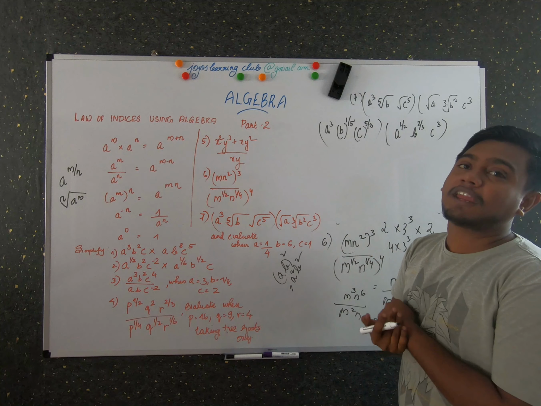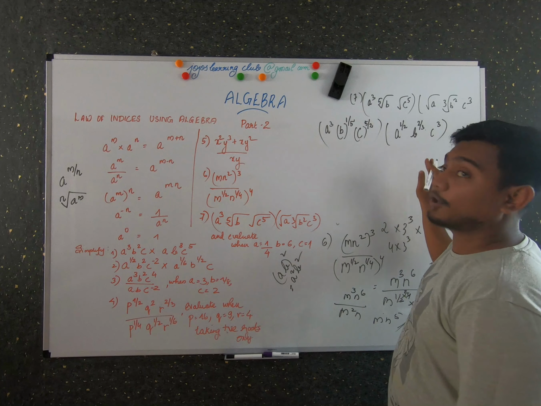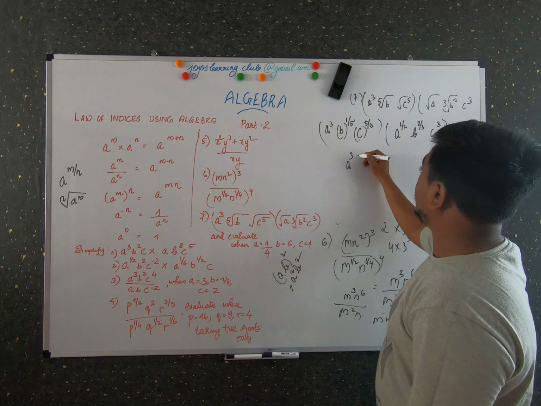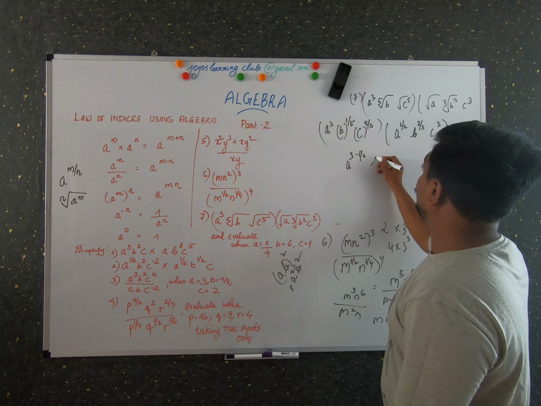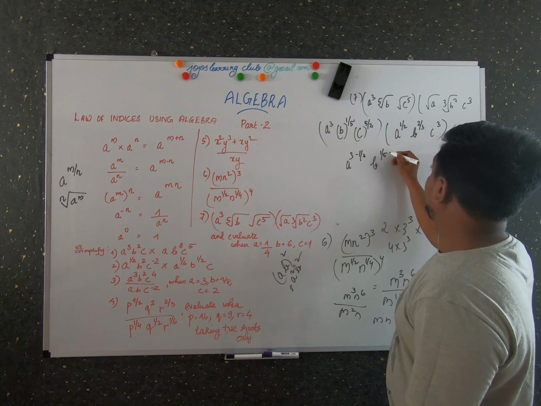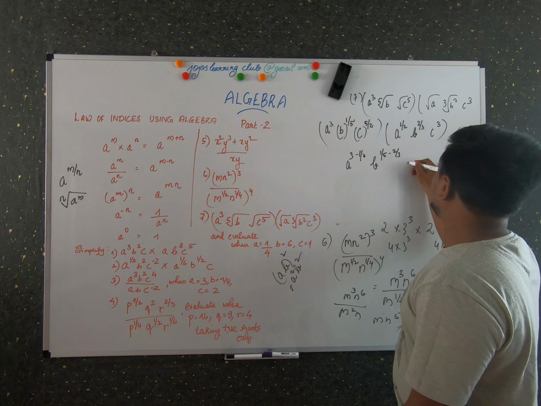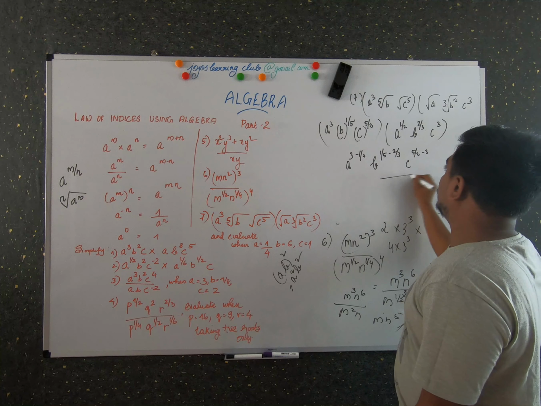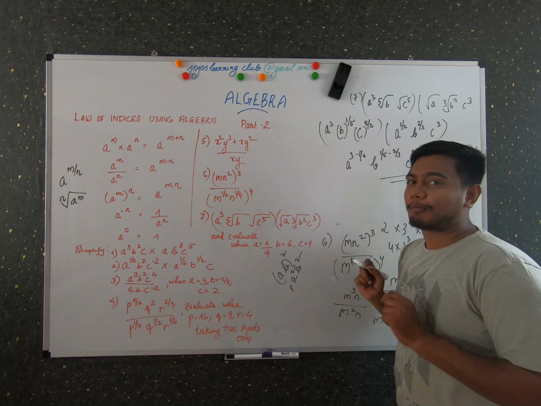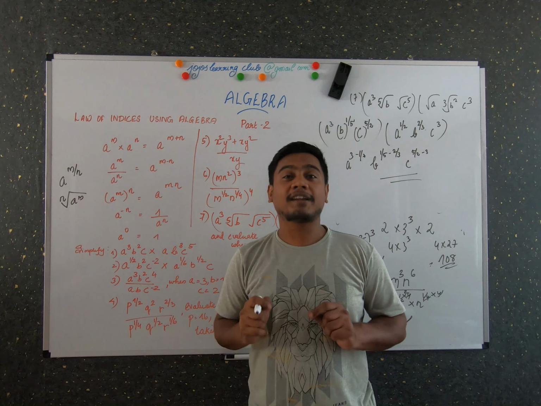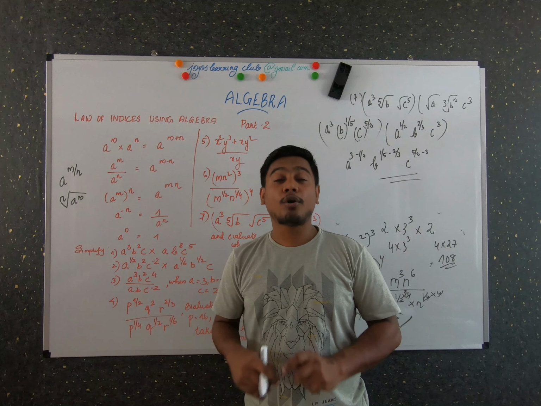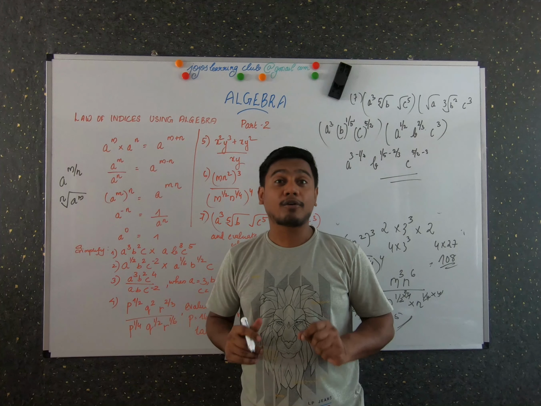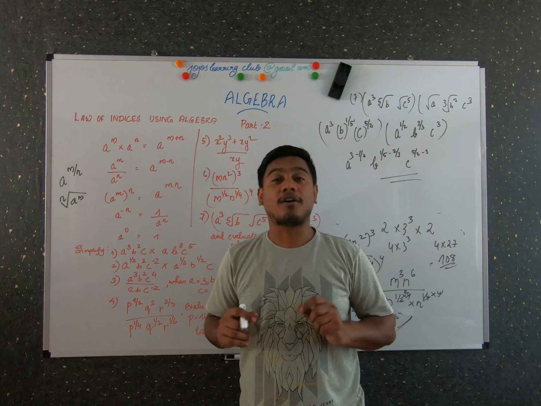So now it's very much easy, right? So this is what you have to do in such problems. So let's do it: a raised to 3 minus 1 by 2, into b raised to 1 by 5 minus 2 by 3, c raised to 5 by 2 minus 3. So I won't be simplifying this problem. I want you to simplify it and comment under my video, or you can also reach me at jojoslearningclub@gmail.com if you have any doubts on these topics.